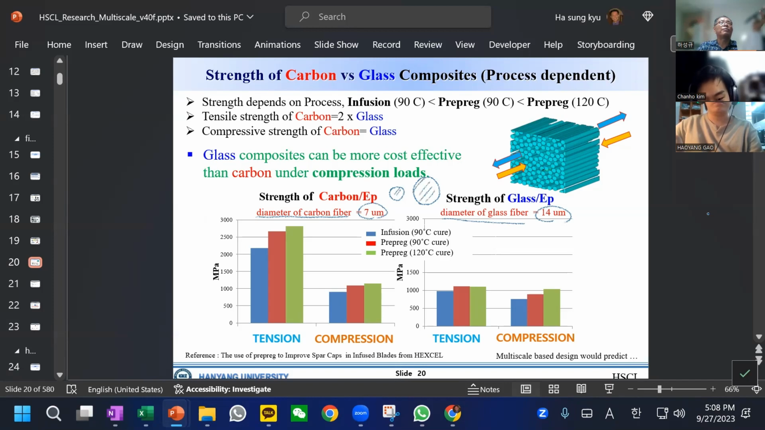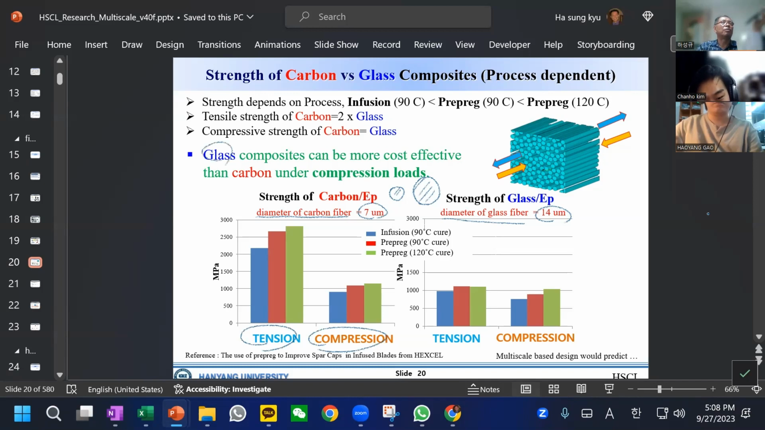Now, because of this wider, bigger cross-section, which gives us a really good... it makes the behavior different. And now I'd like to show the tension and compression behavior of